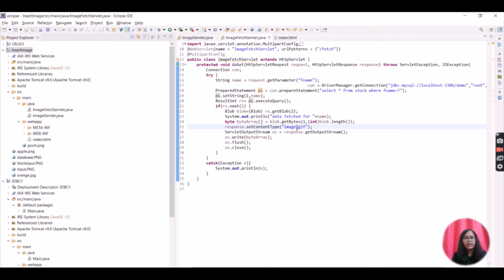You can also provide any type of extension if you are using video or another type of file like zip. Here I have created one ServletOutputStream object which is used to respond with binary data as the output.